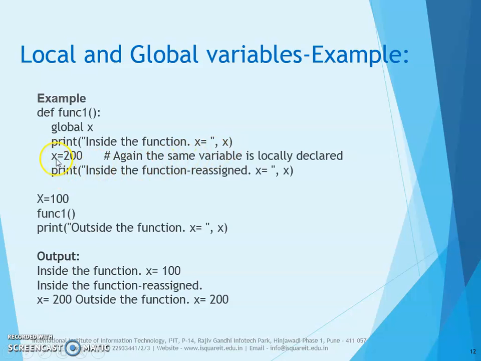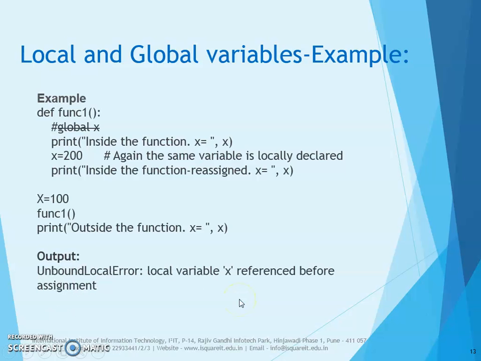So now x is assigned a new value, and we are printing inside the function reassigned value of x is 200. So it will display x is equal to 200. Outside that, we are displaying outside the function x is equal to, as it is overwritten, it will display outside the function x is equal to 200. If we now do not use this word global, it will give us an error, that is local